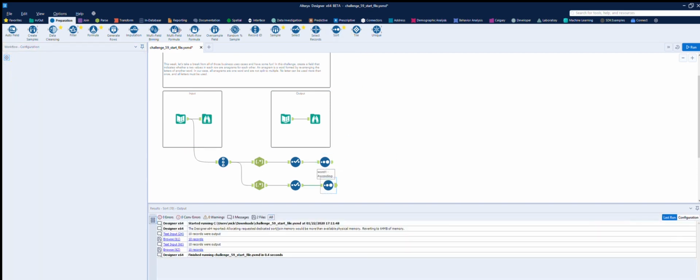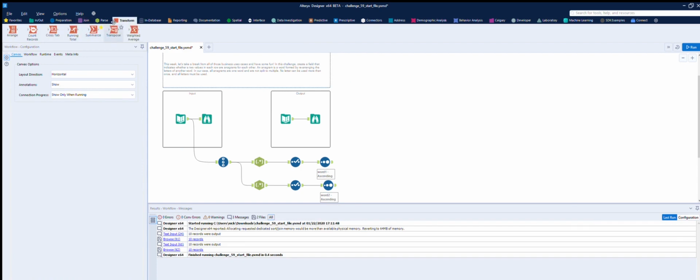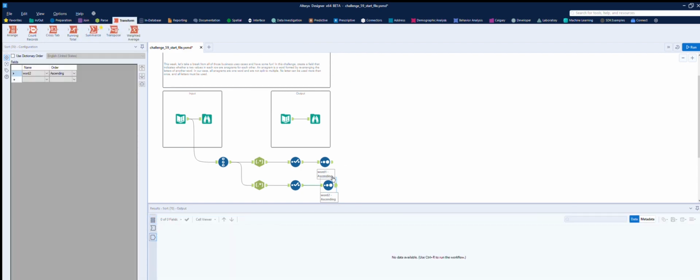What we can do is transform it back again. So here let's run this. It's now sorted that way, but if we sort it back again we ought to